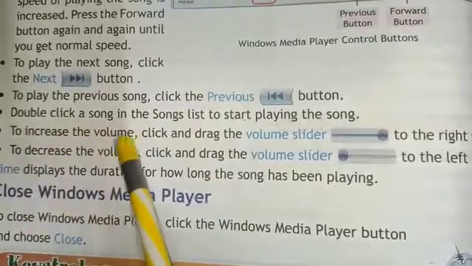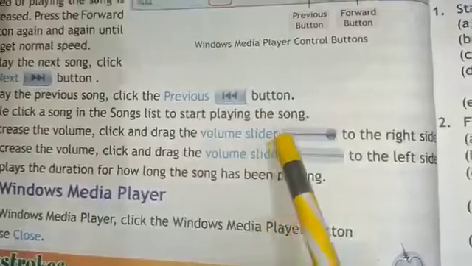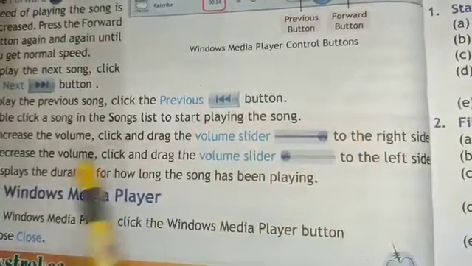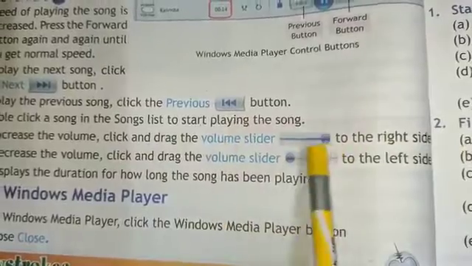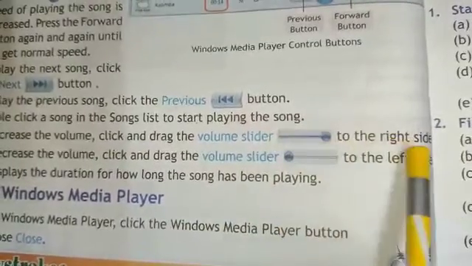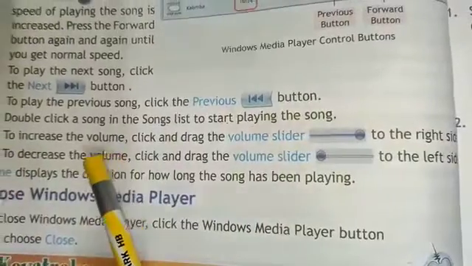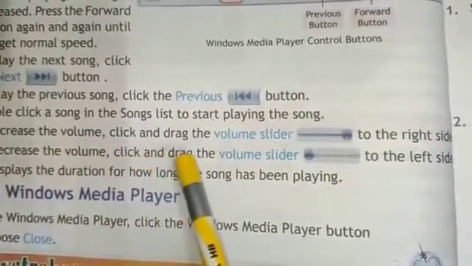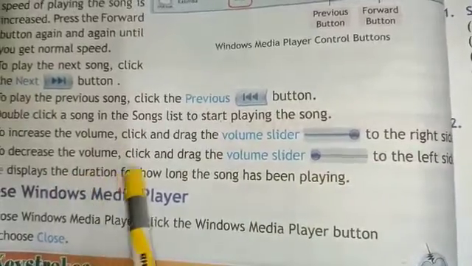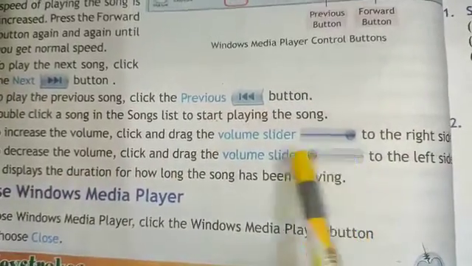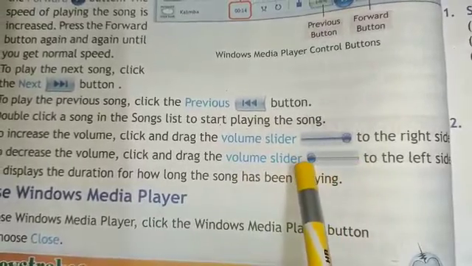To increase the volume, click and drag the volume slider to the right side. To decrease the volume, click and drag the volume slider to the left side.